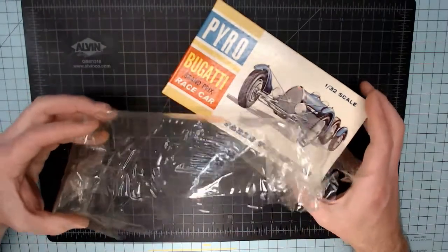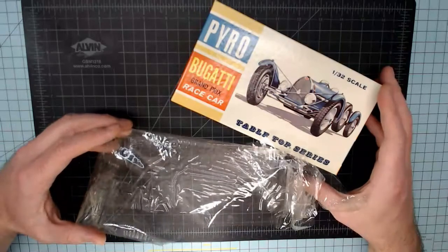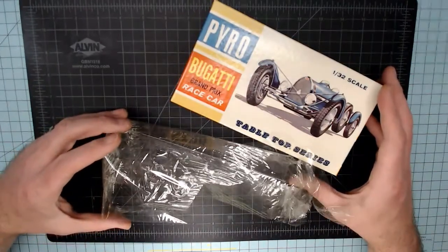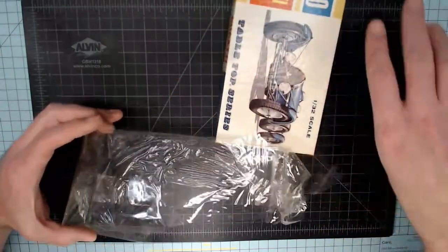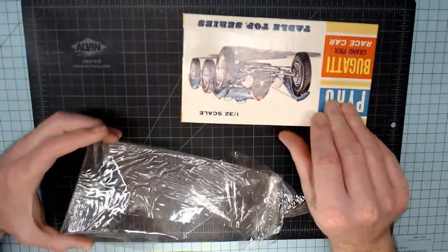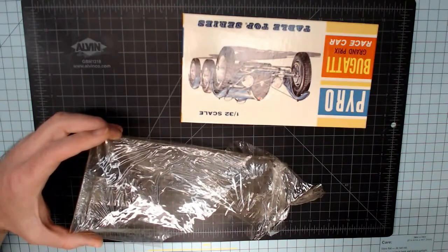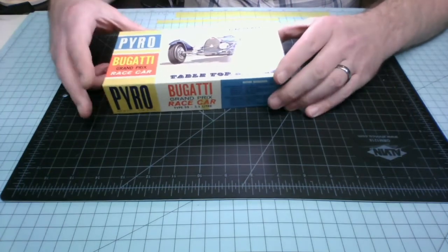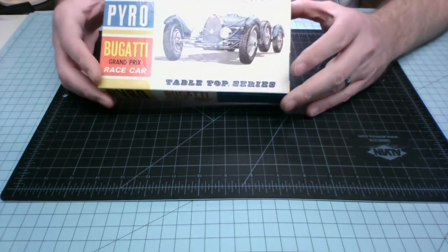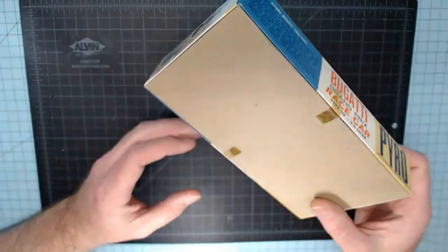Oh my goodness, guys, the smell of the old cellophane is just incredible. It reminds me of an old bookstore. You know, when you'd go to an old bookstore, and the smell of the books and the old cellophane on some of the older books, that's what it reminds me of. Okay, and that is the cellophane removed from the box,